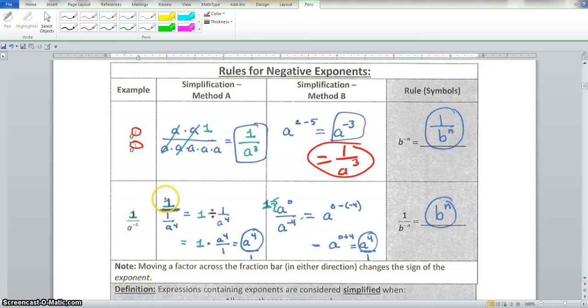Now, we want to do this with the fraction to show you a different way of doing this. Okay, now we have 1 over, now you just learned this from here, this a to the negative 4 will become 1 over a to the 4th power. So we would change this to a regular division problem. It'll be 1 divided by 1 over a to the 4th. We'll change division to multiplication and take the reciprocal. And 1 times a to the 4th over 1 is a to the 4th over 1, or just a to the 4th. So your final answer should be a to the 4th. Now if we subtracted the exponents, we could change this 1 to a to the 0, and then we would subtract. We have a to the 0 minus a negative 4, which would give us